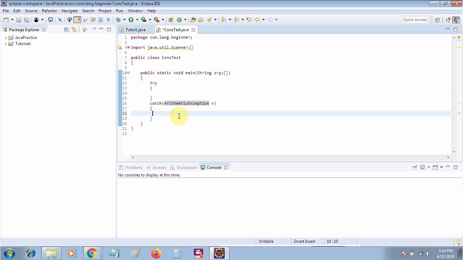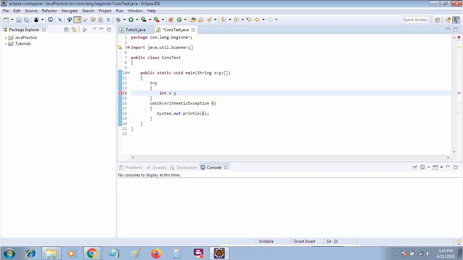Just print out this exception. Type control space. So I am printing the exception. I will take two integers and divide them, and I will check for the arithmetic exception.